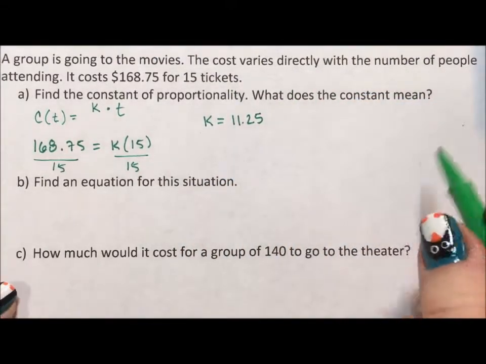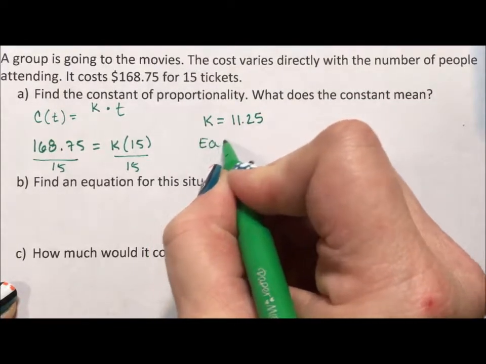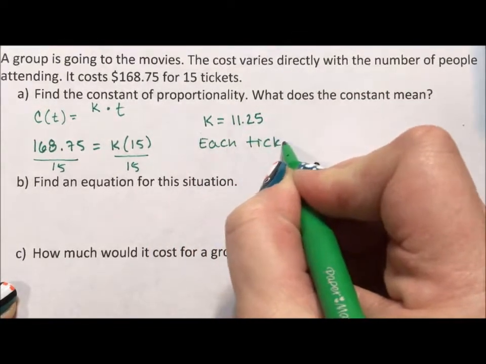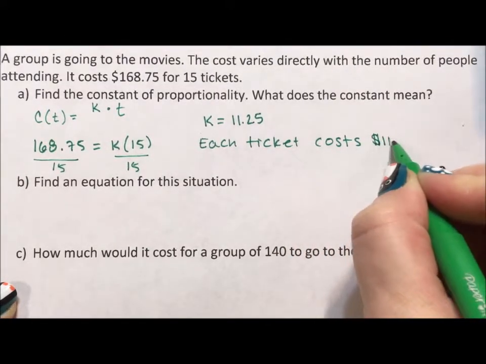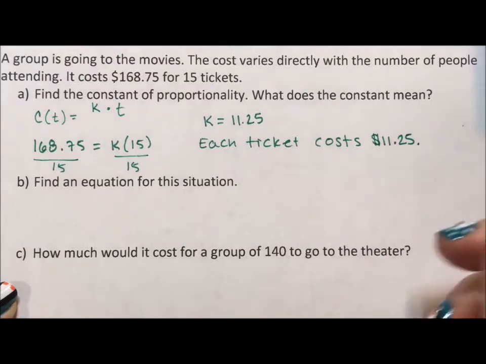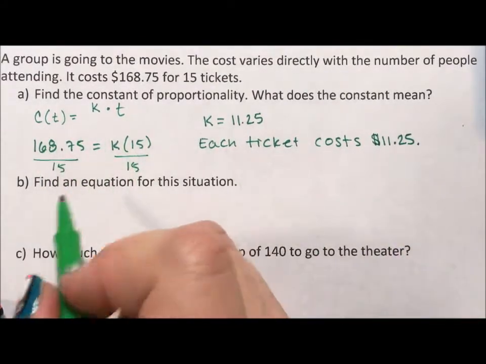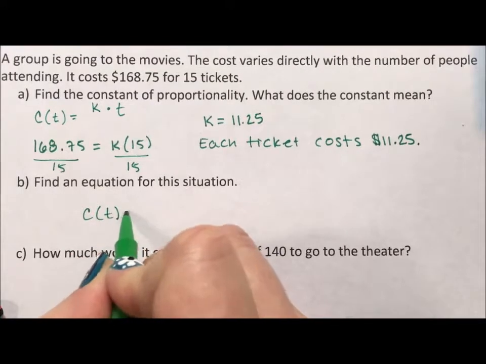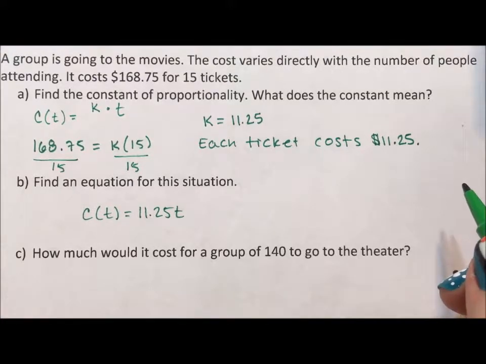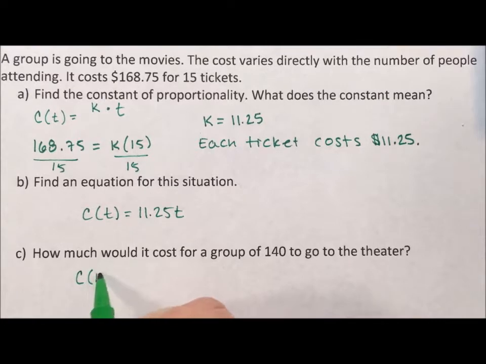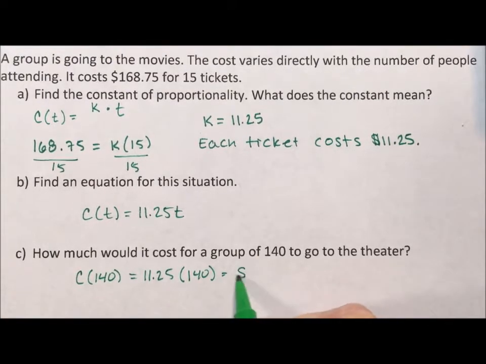What does the constant mean? It means each ticket costs $11.25. Find an equation. Well, we started off with the base equation. The equation is the cost is $11.25 times the number of tickets. How much would it cost for a group of 140 to go to the theater? All right, so the cost of 140 people going to the theater is $11.25 times 140, which is